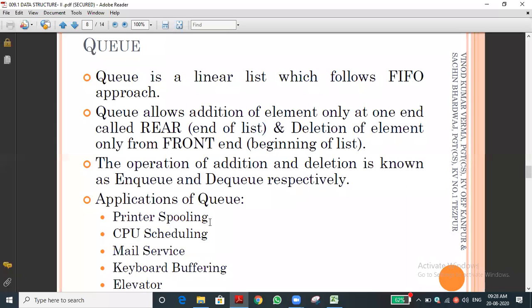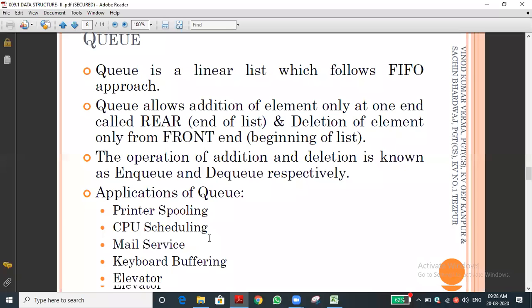CPU scheduling. The CPU also, if you are giving two jobs, will do them one by one, first and then second. In your 11th standard you might have studied a chapter, I think the 6th, about how the CPU works with software, how the OS schedules, time management. It was a full theory chapter. Have you read that?